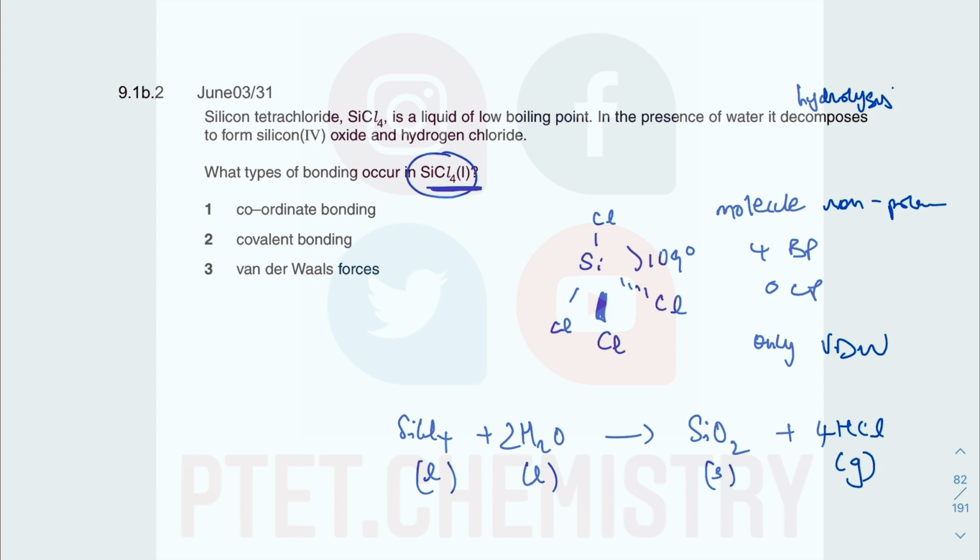I'm just giving you this information based on this. But realistically speaking, they only want what type of bonding occurs in SiCl form. This is a normal covalent bond. The SiCl are normal covalent bonds. Number 1, coordinate bond refers to